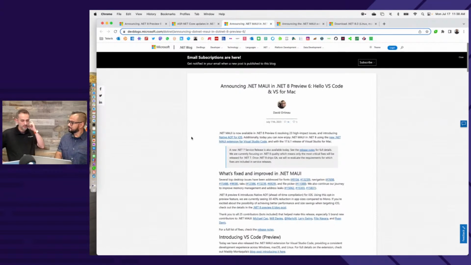There's the Maui post from David Ortinau. Yeah. So .NET Maui, it's continuing its journey to the next evolution with .NET 8. Of course, many customers are on .NET 6 and .NET 7. That's fine. But if you want to be on the bleeding edge, you can run .NET Maui on top of .NET 8. We're up to preview 6 now. So, give or take another couple of previews of .NET 8 before we hit RC or release candidate. And then, a couple of RCs, and then it'll be November and .NET 8 comes out.